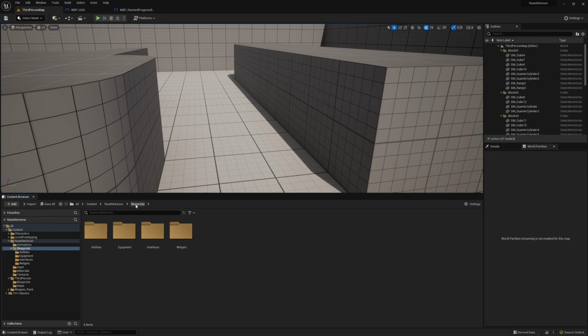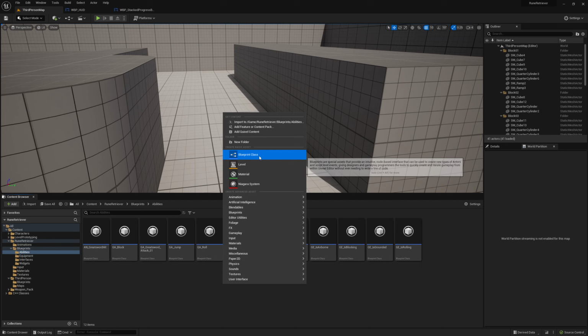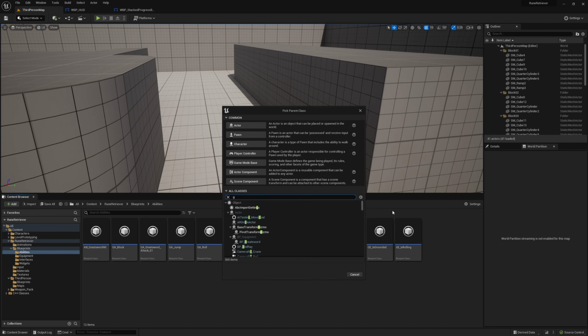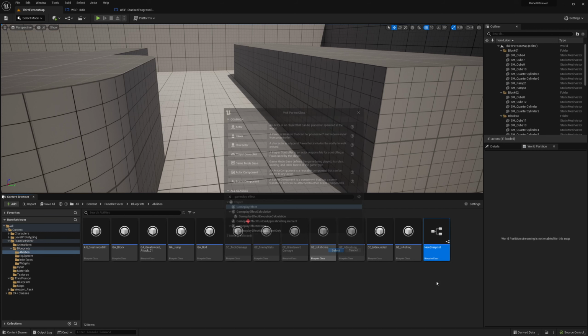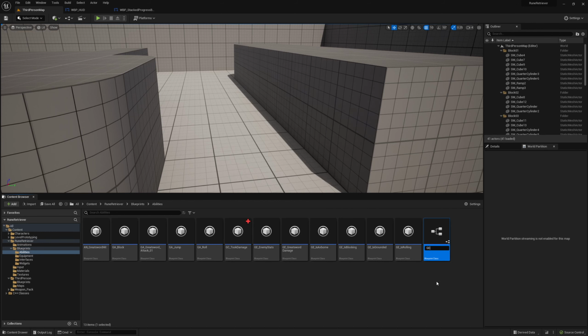So to get some starting stats in there, it's pretty simple. We're just going to go to the blueprints, abilities, and just in here, we're going to create a blueprint class, and it will be the gameplay effect class. And then we can just say that this is GE_PlayerStartingStats. Opening that up,